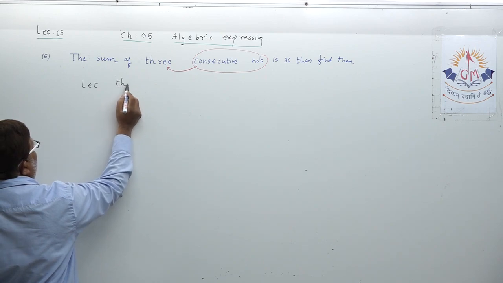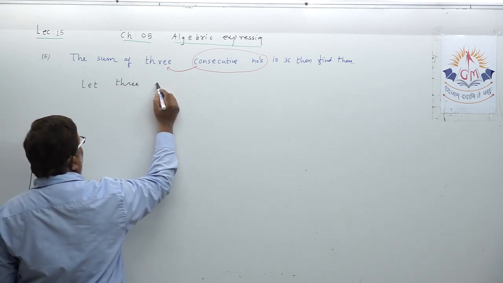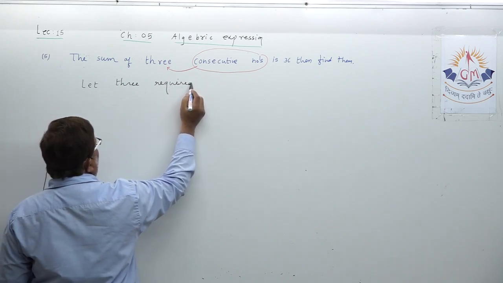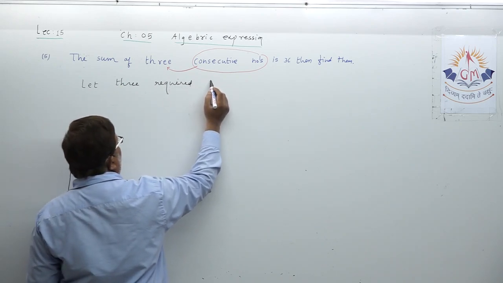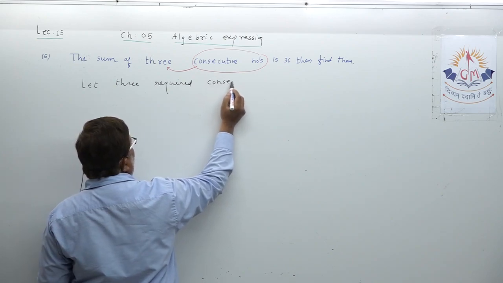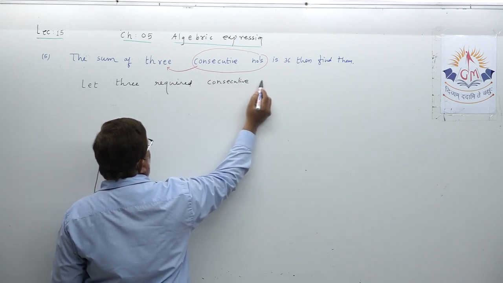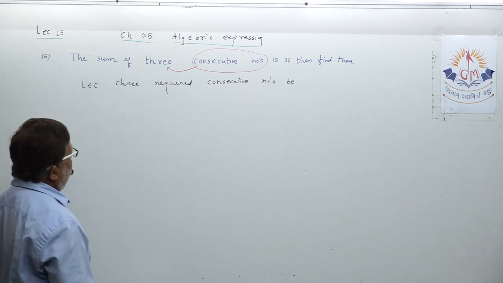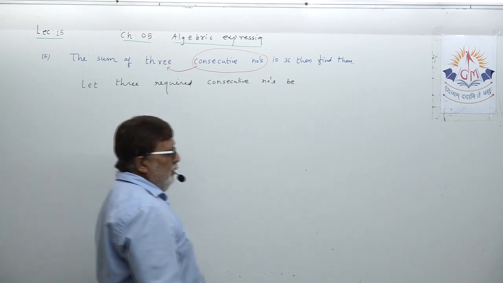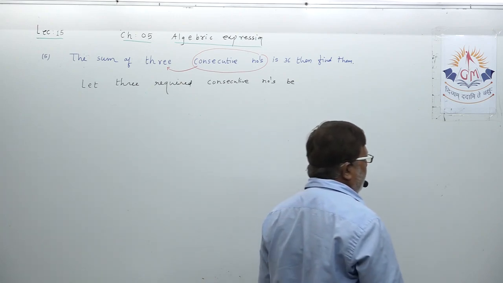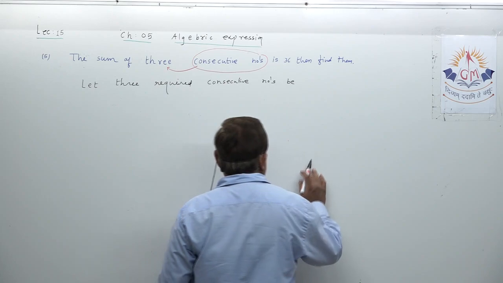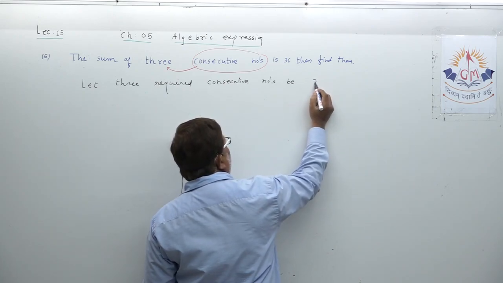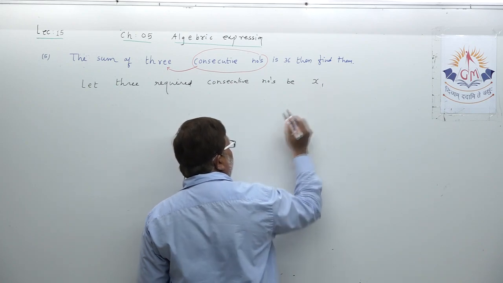let 3 required consecutive numbers be. What I have written, note it down. Let 3 required consecutive numbers be. This is the way, dear student, you have to suppose x